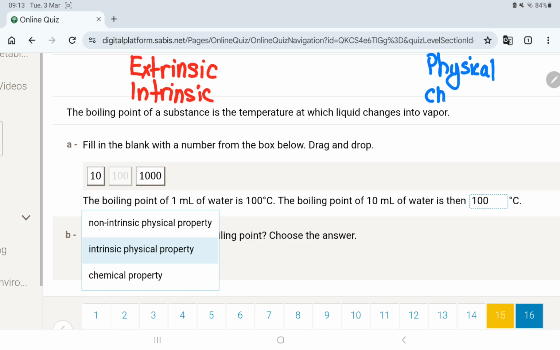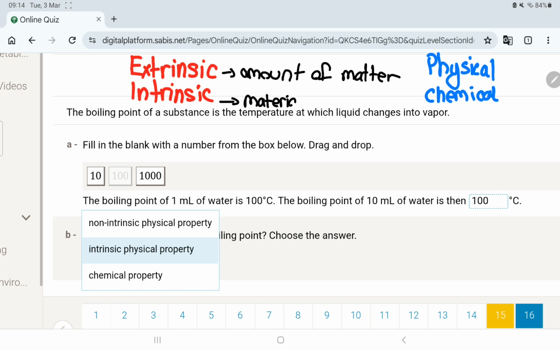Physical, chemical. Extrinsic depends on the amount. Here it depends on the amount of matter. Intrinsic depends on the material. Okay, now physical here,